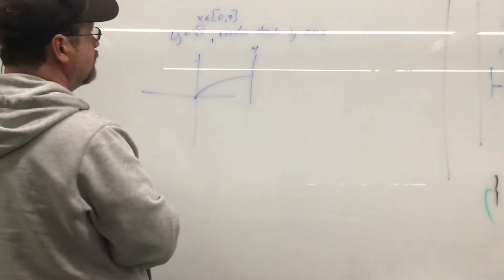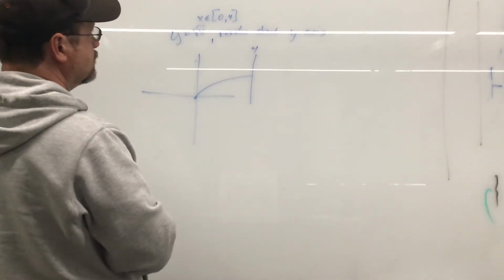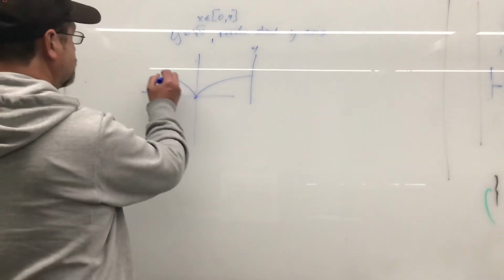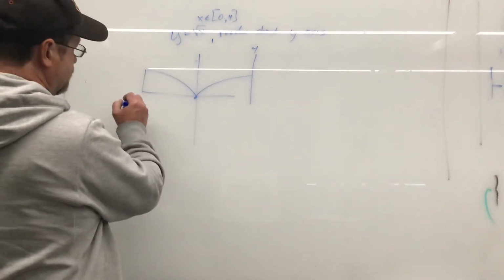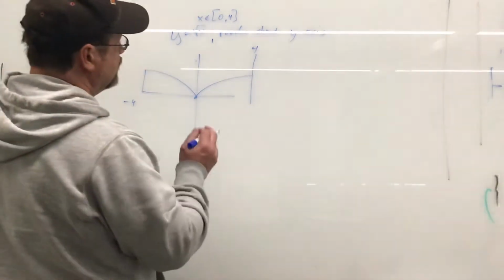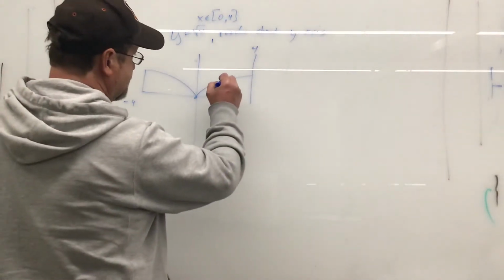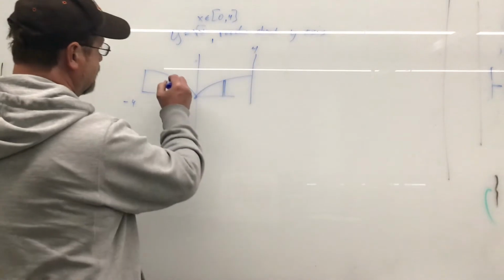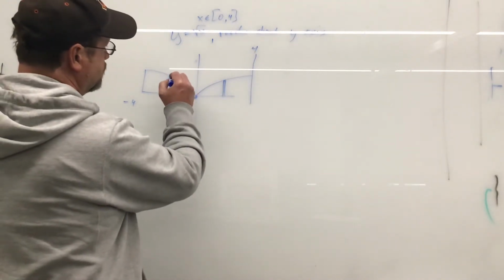But I'm going around the y-axis. Okay, that means the other side is going to look like this. Also going to stop, but now it's going to stop at -4, right? And I look at this and I say, I'm doing this using the cylindrical shell method, which means I'm going to take a slice that is like that, which means this slice is going to be